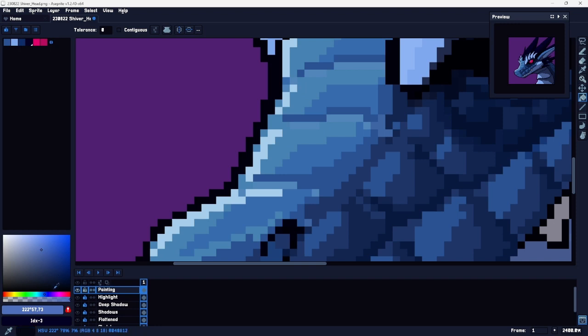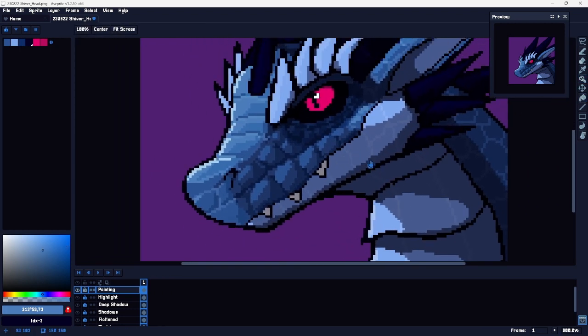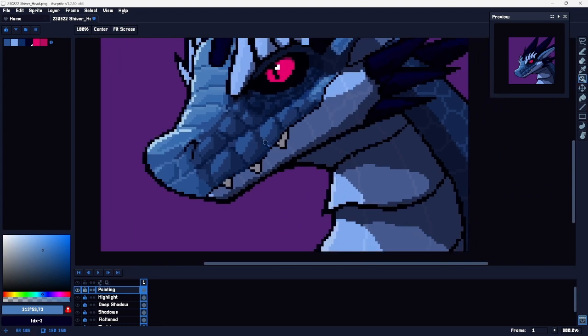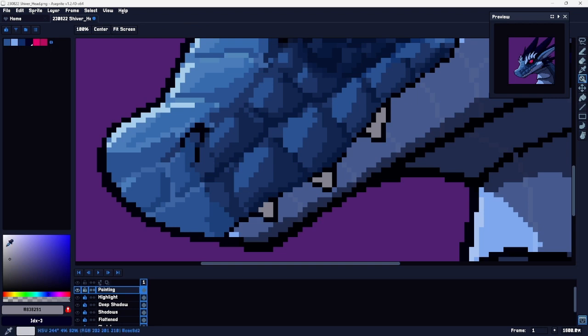Don't like that either. I'm gonna figure this out. Yeah, a little bit more subtle. Okay, you know how I was talking about how I want the teeth to not be pure white? Well, my shadow's basically demolished that, and so now I need to go in and add some highlight to the teeth,